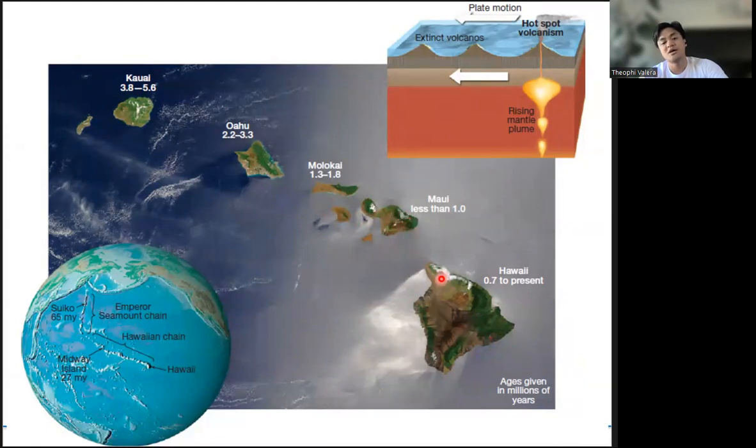And then nag-move na naman siya, so that 0.7 million years, so that 700,000 years to present, yung activity is constrained only in Hawaii. As soon as this plate moves again, so pag nag-move ulit yung oceanic lithosphere sa taas na to, which is the Pacific Ocean actually. So when the Pacific plate moves, there will be a new volcanic center towards the northeast of this Hawaii island. Yun yung story nitong Hawaiian seamount chain.